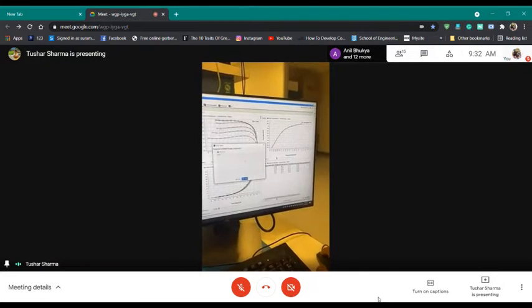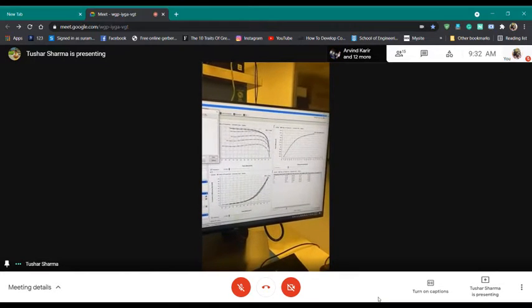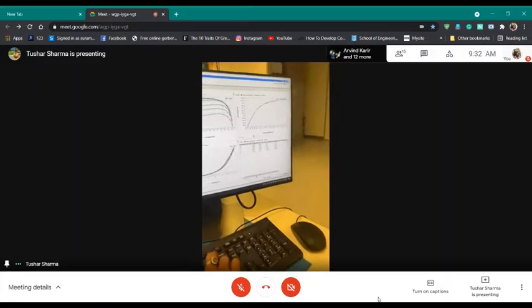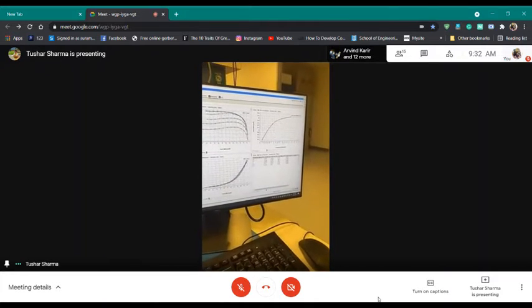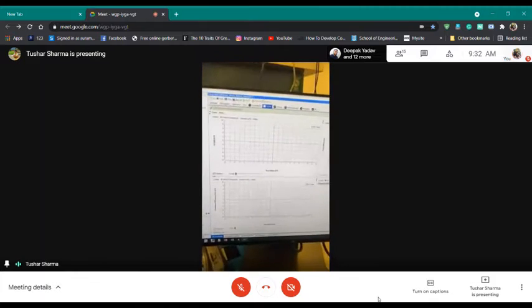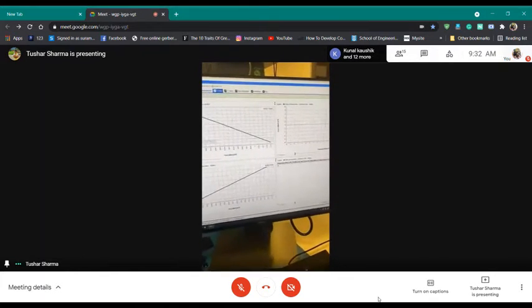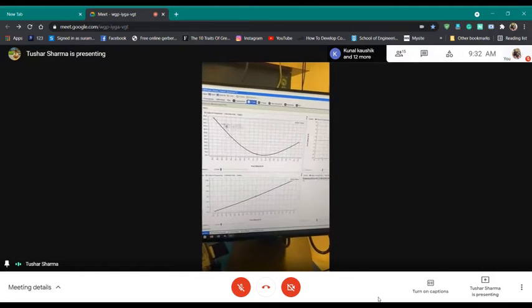Let me just name it something. And you start the measurements. When you start the measurement, first it will do it for the single frequency, it will start sweeping the power. So it's sweeping the power now.